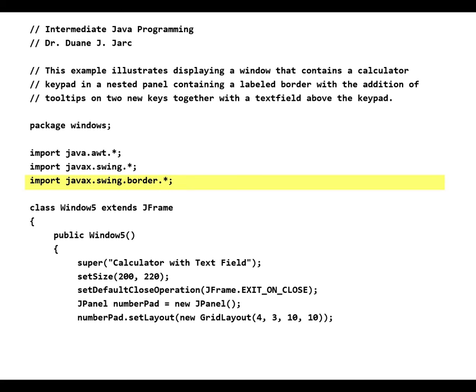Because we are going to create a border around our nested panel, we need to import the subpackage javax.swing.border. Using a wildcard in the import statement before this one does not import nested packages, so this import statement is required. First, notice that we have created a panel called NumberPad and set its layout manager to be a